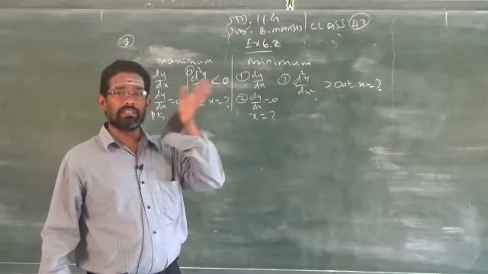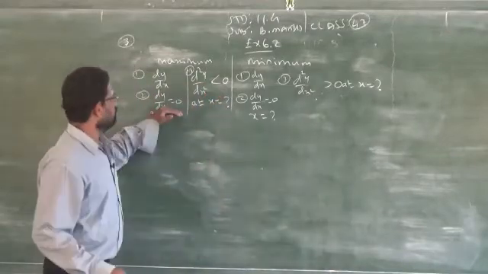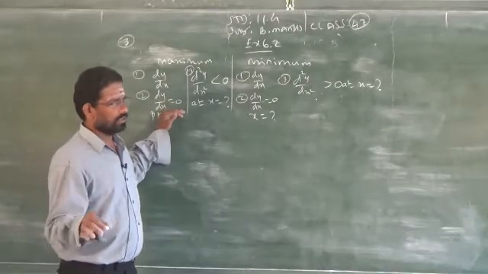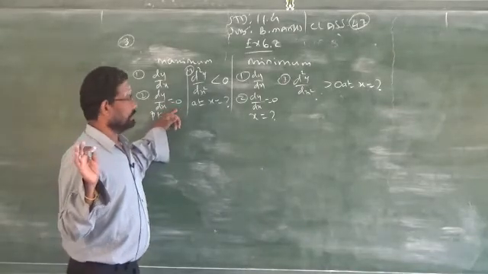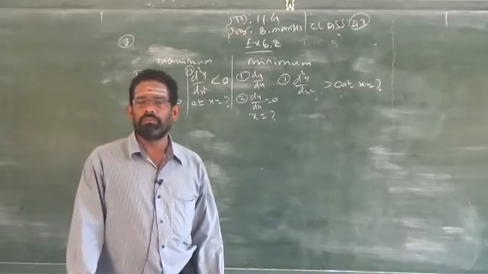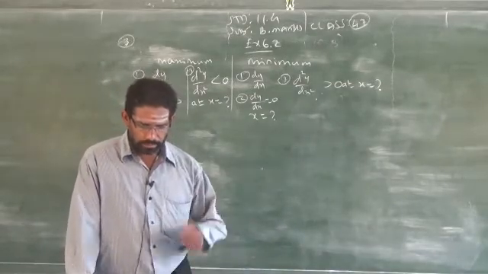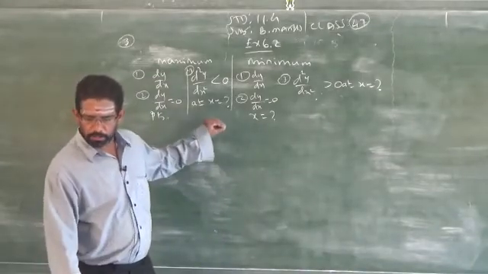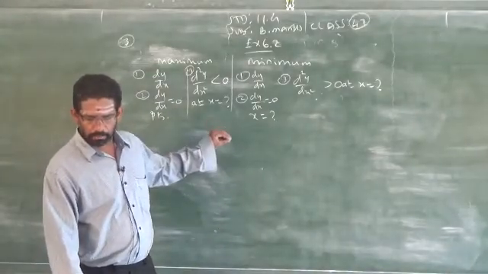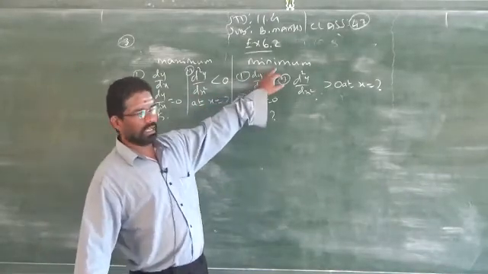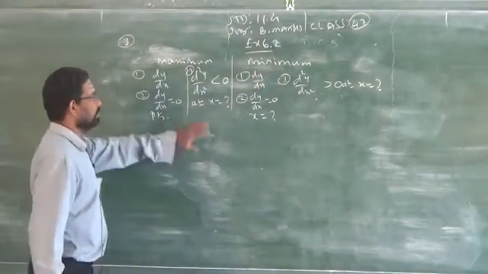You have to memorize the formula. Up to this, it is common for both. I told you increasing and decreasing functions, stationary points, stationary values, point of inflection. Point of inflection, stationary values and stationary points are not given here, but they are there in the examples. Please refer to the examples. Clear? So to get the maximum profit or minimize the loss, these are the rules. Please follow the rules and do it.